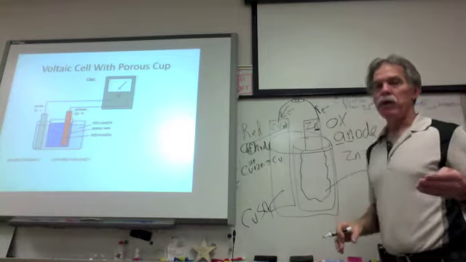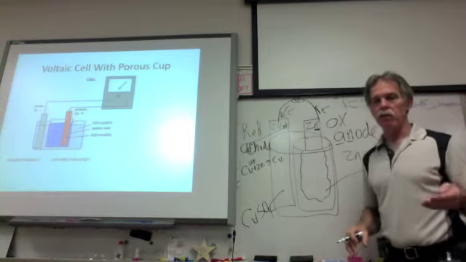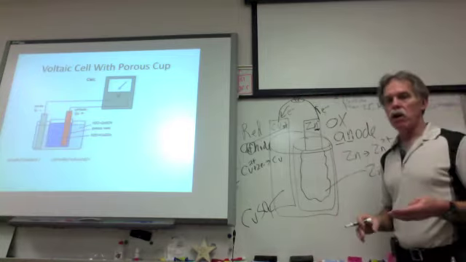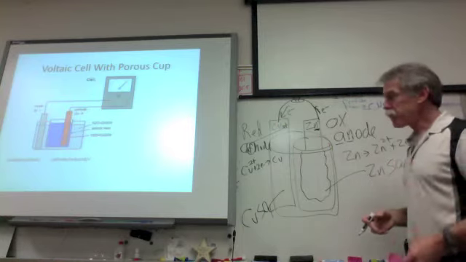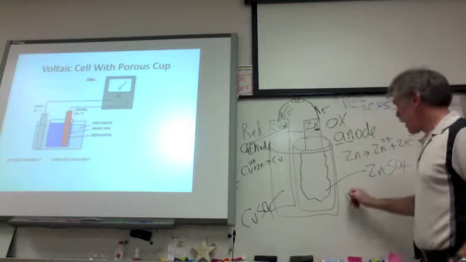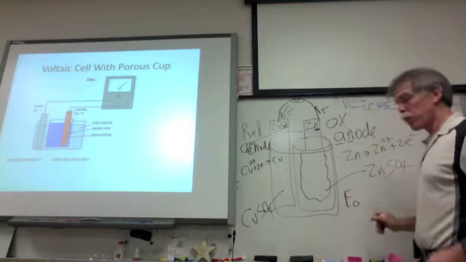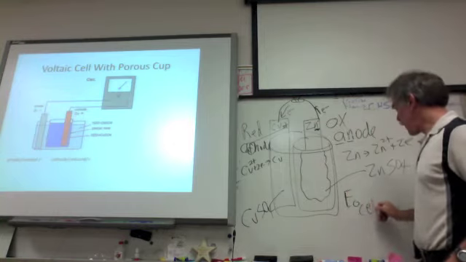The last step is to calculate the voltage. And we use the numbers on your reduction potential chart. How do we do that? Look up the numbers of the two metals, and the E0, the potential of the cell, that says what a